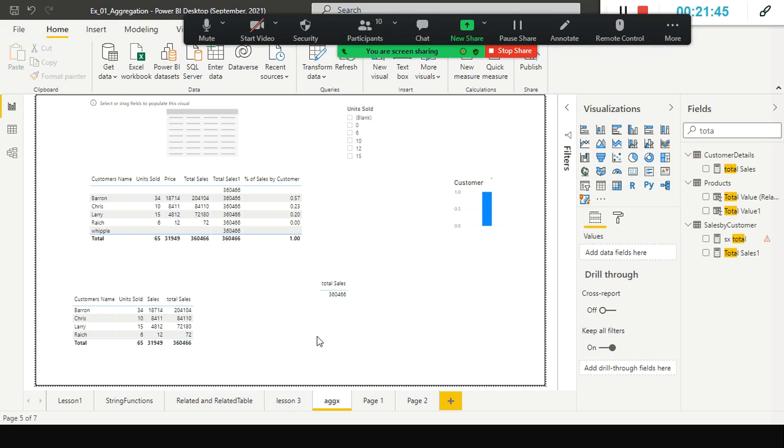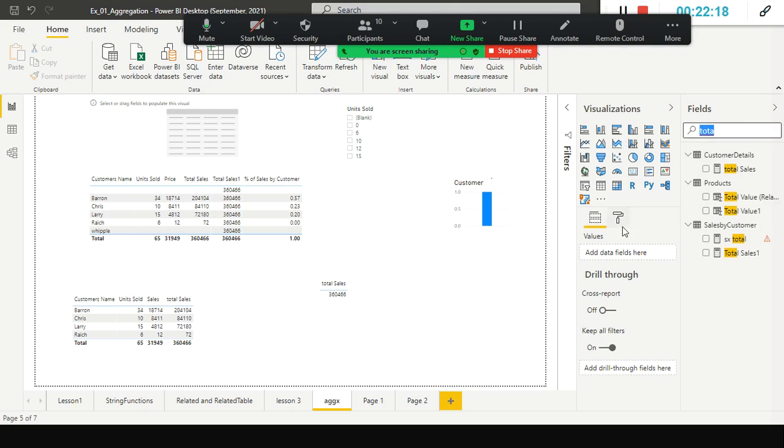Fine. Now I need to find out, these people are customers, what is the revenue contribution by each customer? How can I see that? Each person's total sales divided by this one will give me the percentage. With that percentage, I can understand which customer has brought in more revenue to my business, who is the potential customer. For that, I already created percentage of sales here.